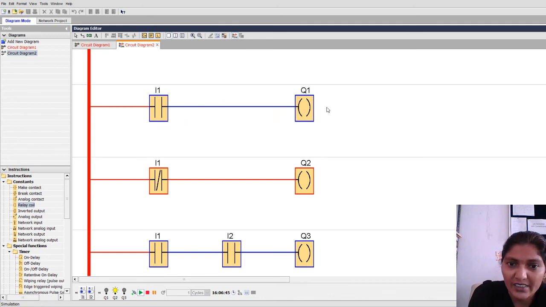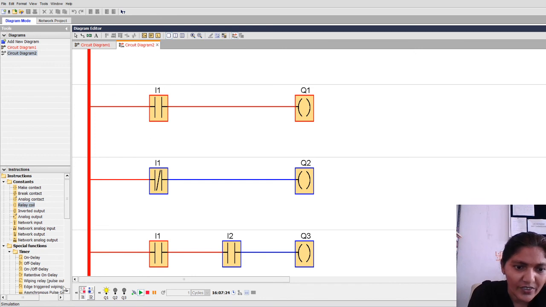When input is 1, whenever the coils are energized by the power source, the blue becomes red. Look here, this is I1. When we press I1, the blue became red. This is the energization. I already explained that when a normally open contact is energized by the power source, it makes the contact so that it supplies the current to the device, so that it takes the state as 1.